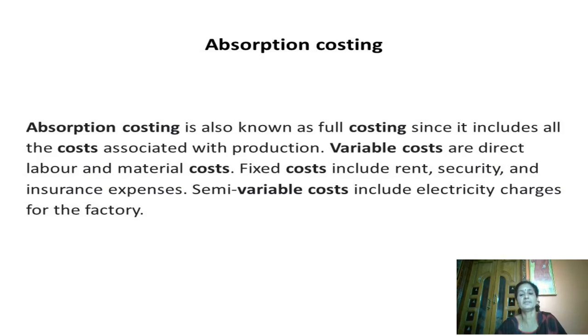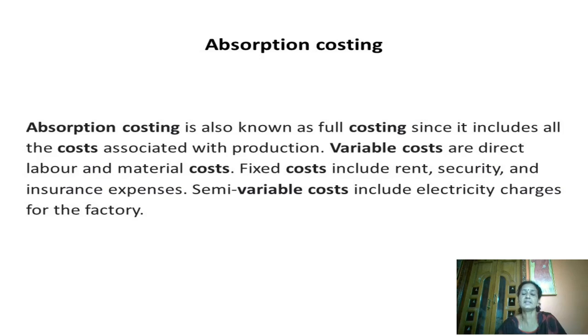So while preparing the cost sheet itself, in prime cost, you get direct materials, direct labor, and direct expenses. After you arrive at prime cost, you need to add all the factory cost to that. So when you are adding factory cost, you should not only add variable cost, which is related to that particular product, also the fixed cost should be added. So when you add up both variable and fixed cost related to factory, then you will get factory cost.